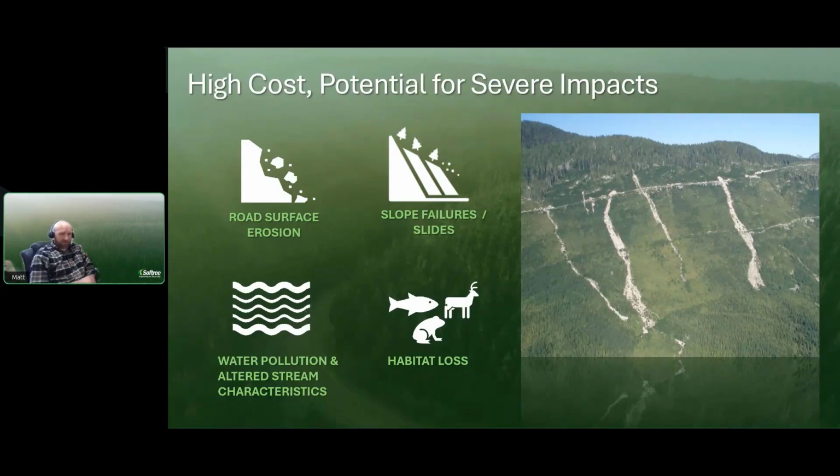Roads themselves can impact streams in other ways too. And then all of that can contribute to habitat loss, but the road itself takes up space. So there's habitat loss there, and then there's habitat fragmentation.